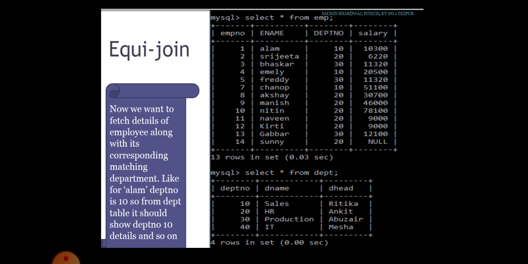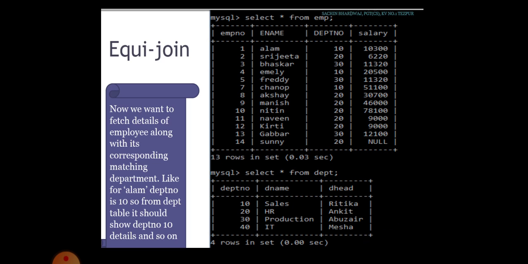For example, Bhaskar is working in department 30. So 30 is nothing but production, and whose head, that is department head, is Abu Zair. Like that we need the details.